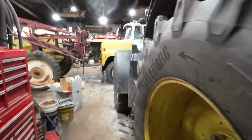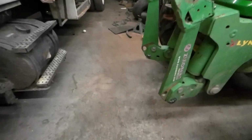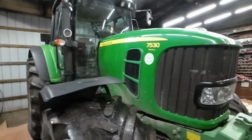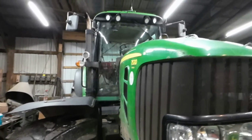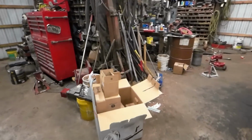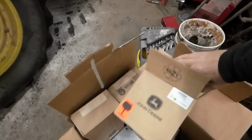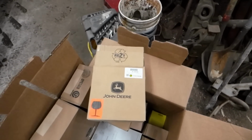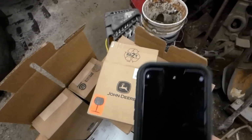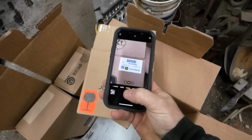But yeah, so tomorrow's job will be the 7530 Premium: air filters, fuel filters, engine oil filters, cab fans, cab motors, whatever you want to call them, blower fan motors. Let me take a picture of that. I'm going to see if I can get these cheaper elsewhere. I know that there's some other companies out there that...